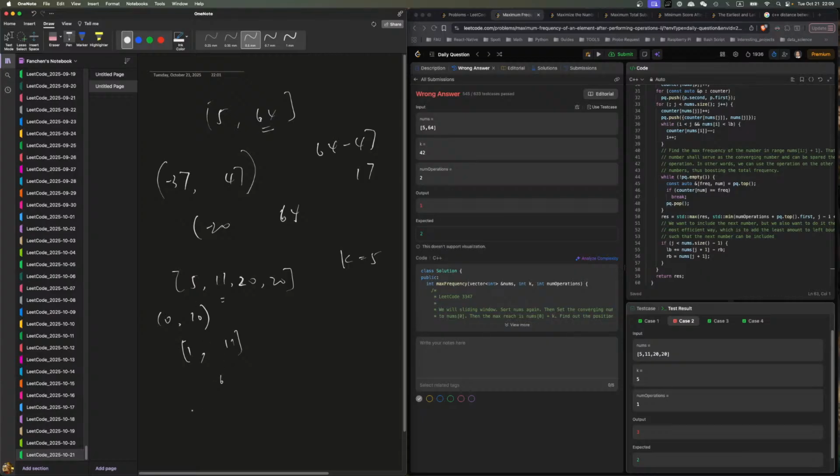So we have i, we have j. So we know what numbers are in them. We also know the right bound is this. We also know k. So the question is, does there exist a number that can serve as the convergent number? So to answer that question, I need to know if a number in this